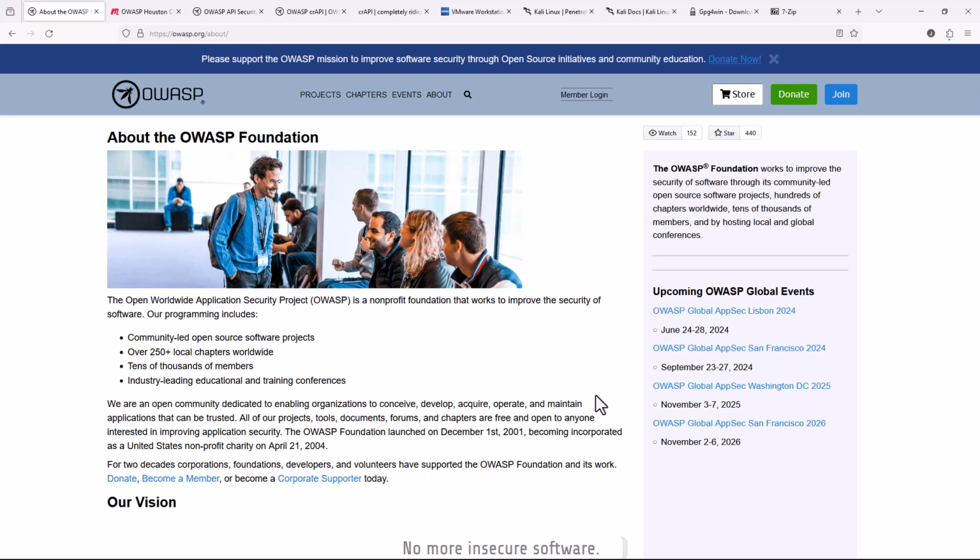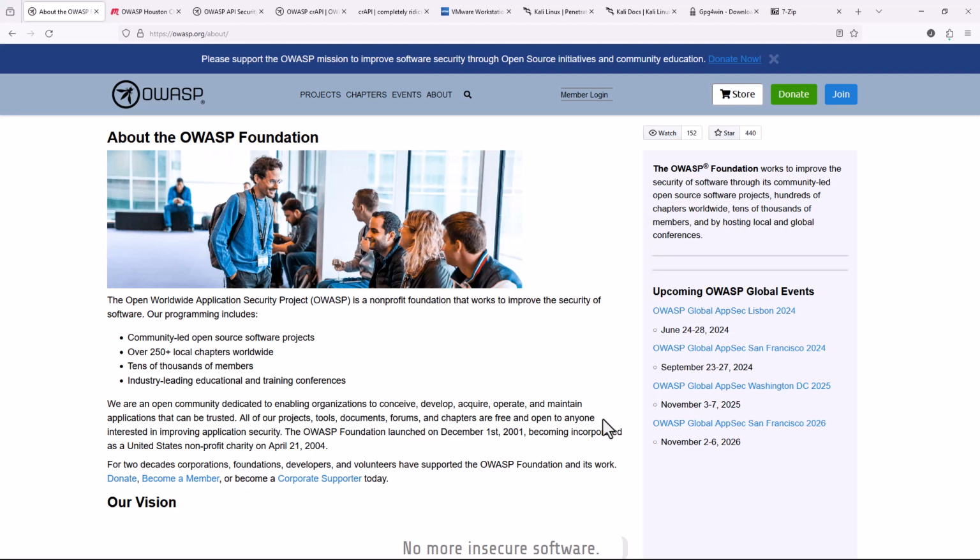It is a nonprofit foundation. We are an open community dedicated to enabling organizations to conceive, develop, acquire, operate, and maintain applications that can be trusted. All of our projects, tools, documents, forums, and chapters are free and open to anyone interested in improving application